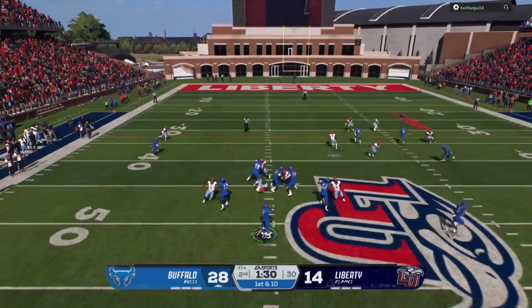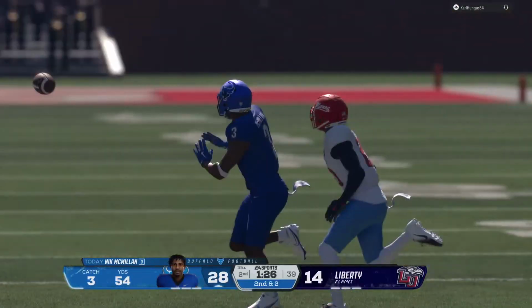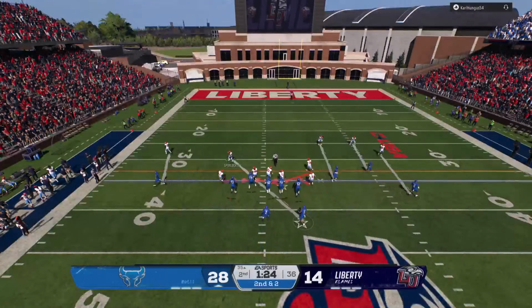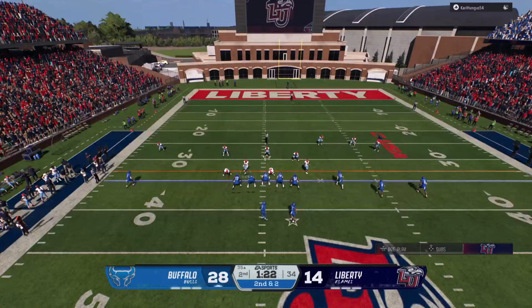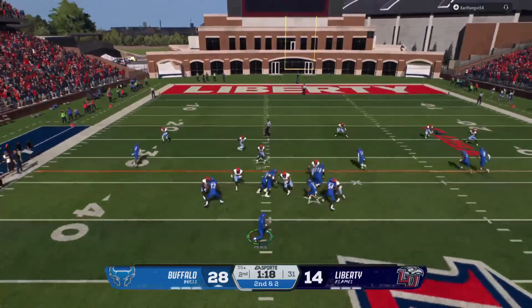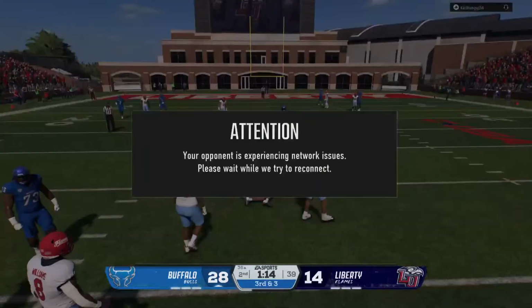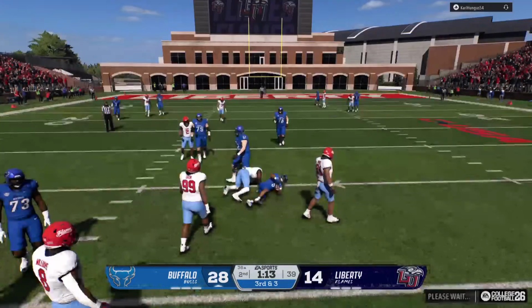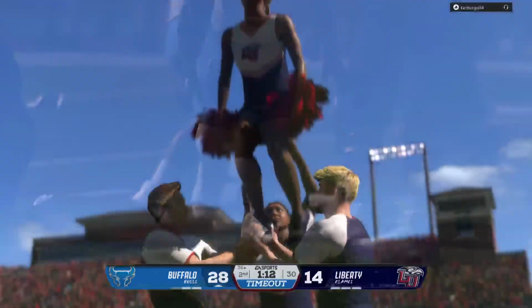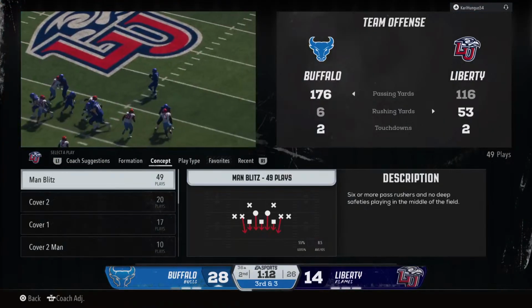Nice decision by the QB. Finds his man. It's McMillan. He snagged him, but he'll be stopped short of the first down. Good, solid pickup on that play. Wants to throw again. Dangerous screen into traffic. He is stopped behind the line of scrimmage. They'll lose yards on that one. The offense will have to use its first timeout of the half.